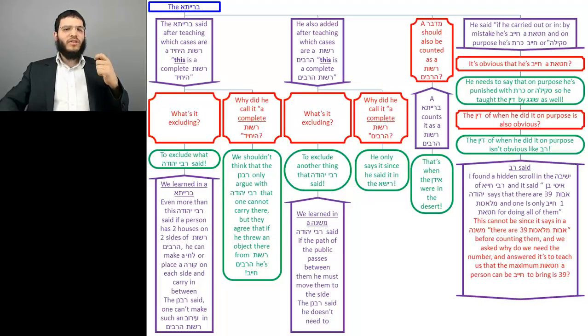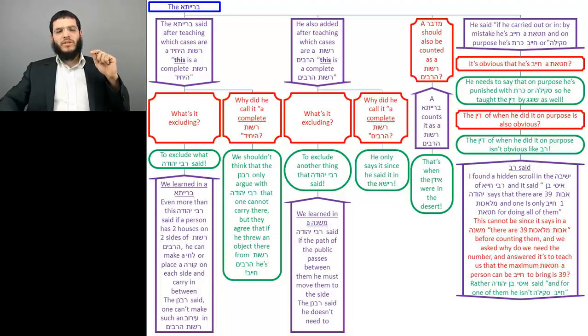Why does it need to tell us the number? And the explanation that's given is that to teach us there are 39 avos melachos is teaching us that a person could be chayav 39 korbanos. So if a person forgot that it was Shabbos, did all the avos melachos, and then realized and remembered that it is Shabbos, he's chayav to bring 39 korbanos. So how could this megillah setarim say that a person is only chayav one? So Issi ben Yehuda